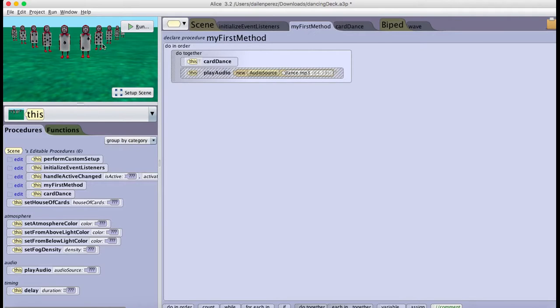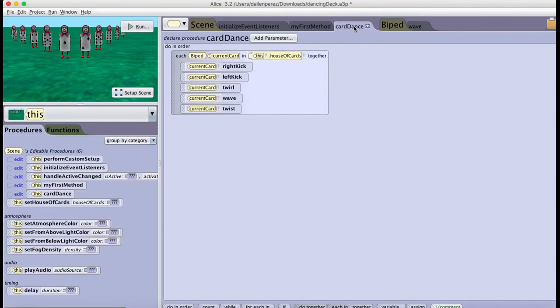variables, but this time instead of using a variable to prevent us from having to input numbers manually time after time, we'll be using arrays to have us be able to, with one command of code, make multiple objects do the same thing. So here in method card dance, we can see the first way to use this array in the options that Alice gives. But before we can make each object in a specific array do something, we have to